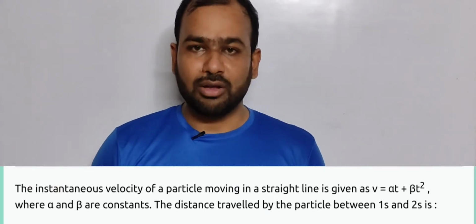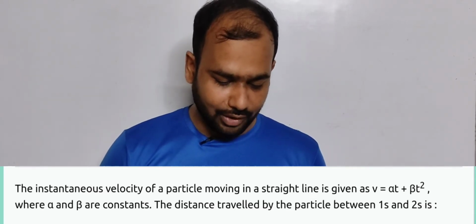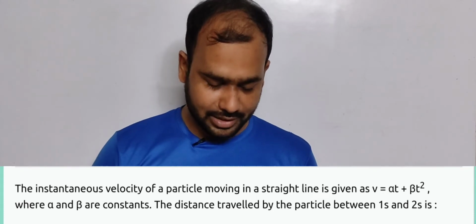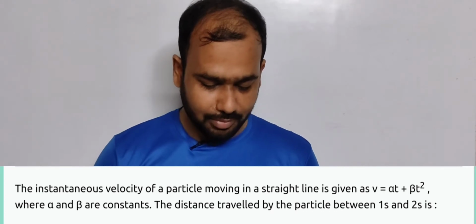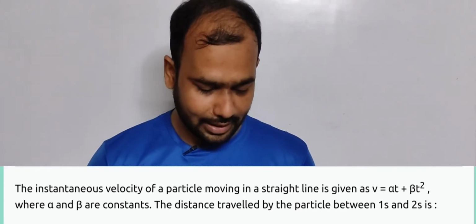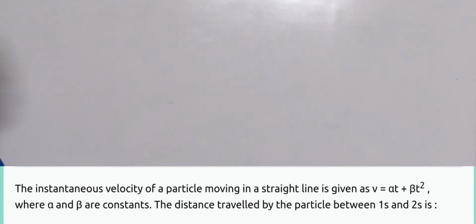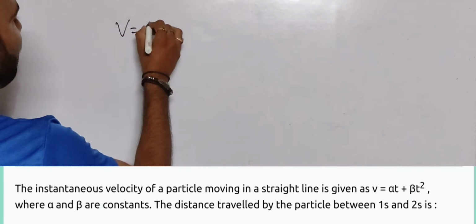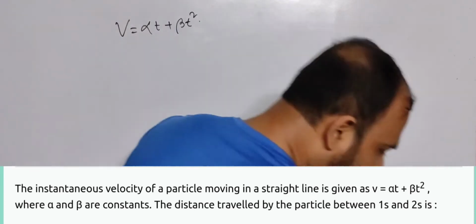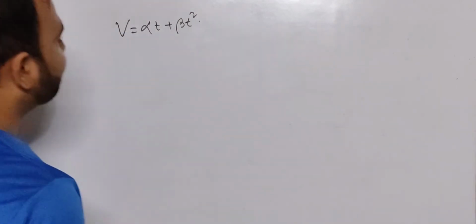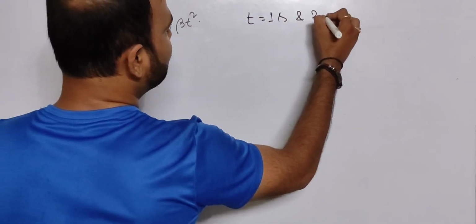The instantaneous velocity of a particle moving in a straight line is given as v equal to alpha t plus beta t square, where alpha and beta are constants. The distance traveled by the particle between 1 and 2 seconds is, the options are on your screen. So the expression of velocity is given, that is v equal to alpha t plus beta t square, and we are asked about the displacement